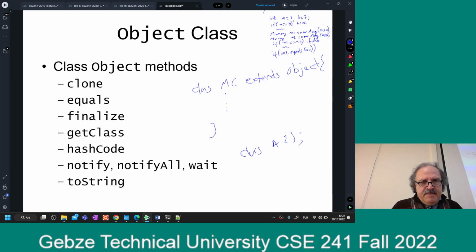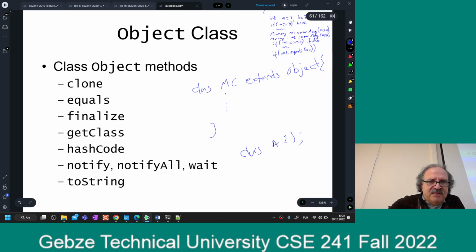What else? getClass is like, remember the class ID function that we used in C++? It returns the class ID, and we ask what is your name and so on. It corresponds to that one. The notifyAll and wait methods are used for locking of the objects for parallel programming, multi-threaded programs. I don't think that I will talk about them. hashCode has something to do with equals. Since all of my classes have to be derived, by the way, in Java we don't call it derivation, we call it extension. We extend classes from other classes. Since we extend classes definitely from this class Object,